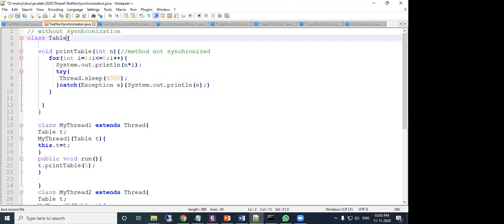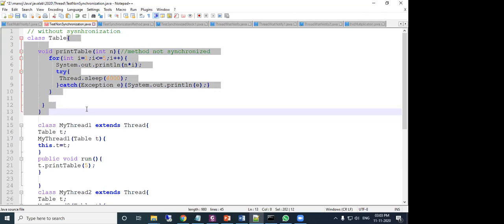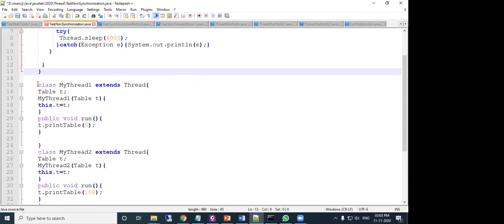So this is a simple multiplication table. This is your class Table. Now come to here, class MyThread1 extends Thread. Here I am creating a MyThread1 class which is extending from Thread, and inside this I have created one local data member, that is a Table type reference.